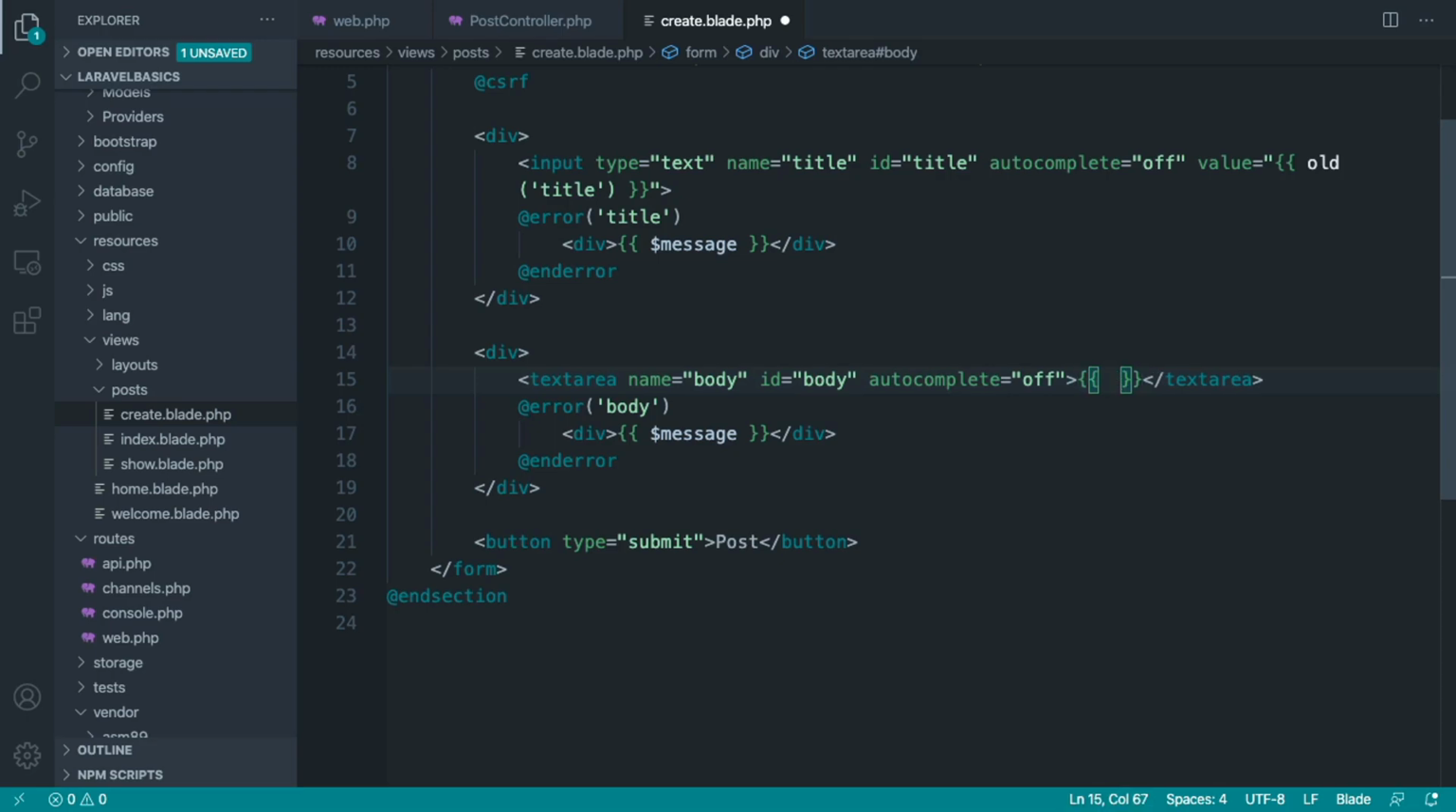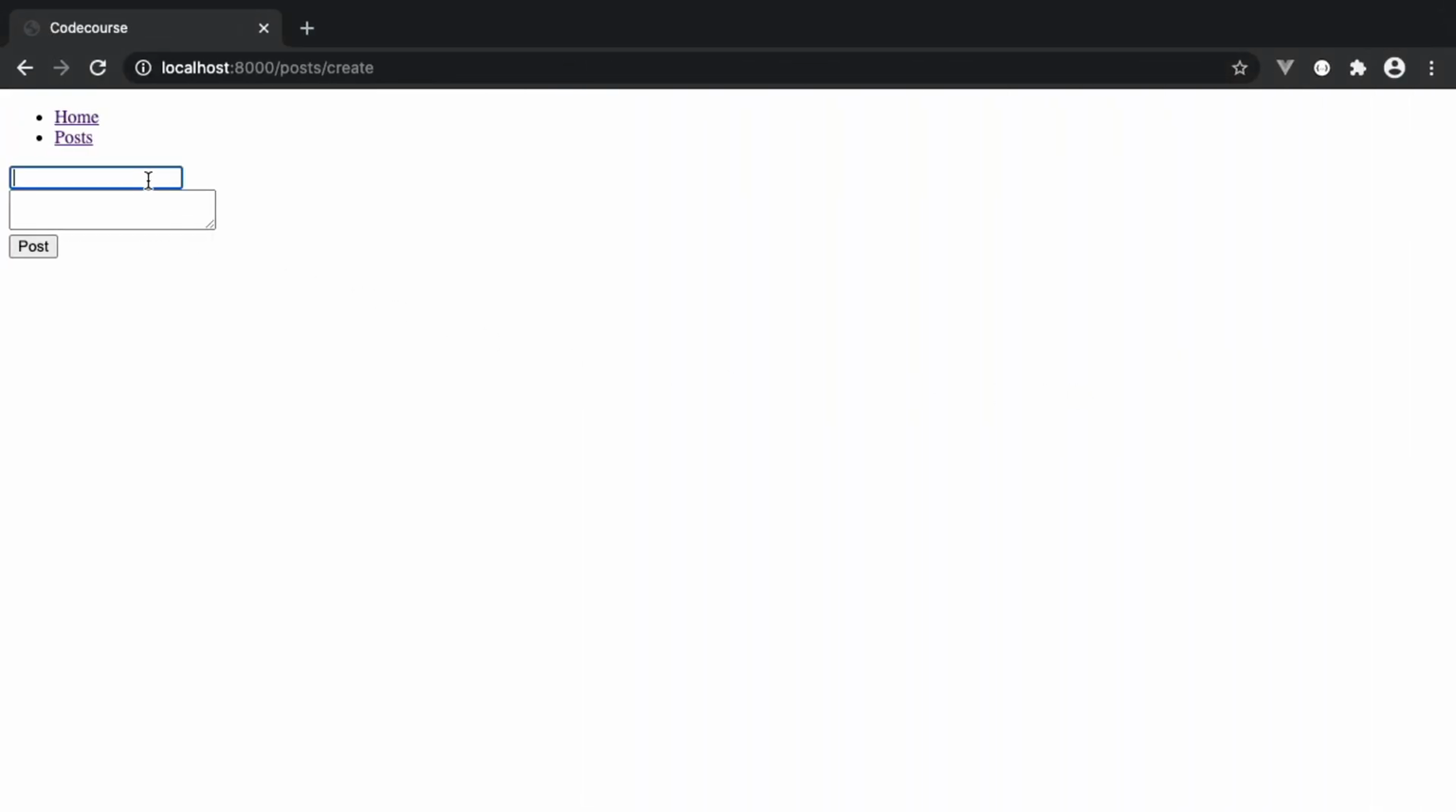It's slightly different because we just put it within the tags, but it works in exactly the same way. So we just say old body. Let's come over and see the difference, and I'm going to enter a title, hit post, and there we go. That stayed in there, and we can just fill out the rest of the form and see that submitted through